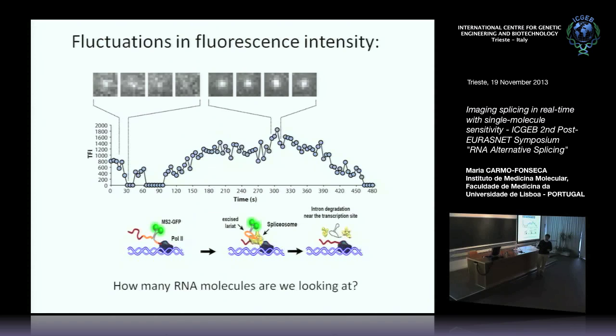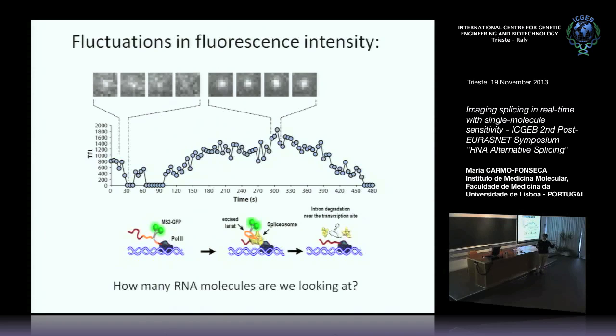And then after synthesis, the intron is spliced and degraded, and we have reasons to believe that this degradation of the intron occurs very fast and at the site of transcription. So when we see a decrease in fluorescence, this is the combination of splicing and degradation of the intron. But as you can see, we have